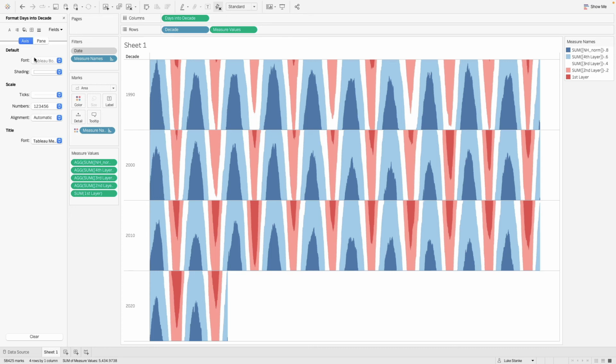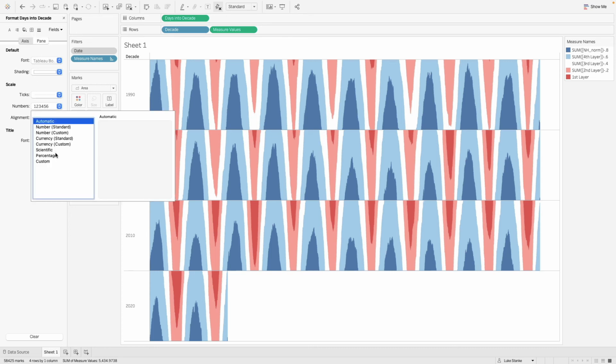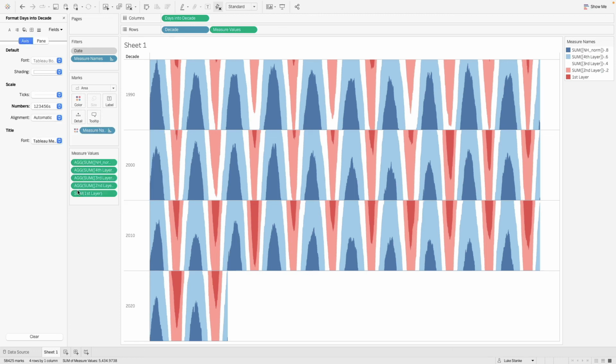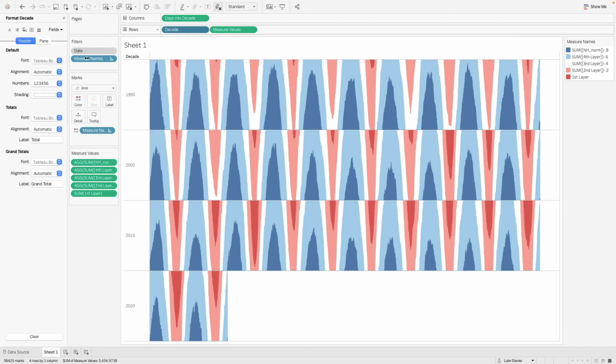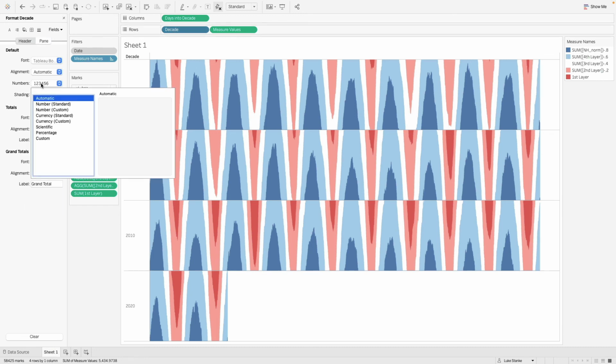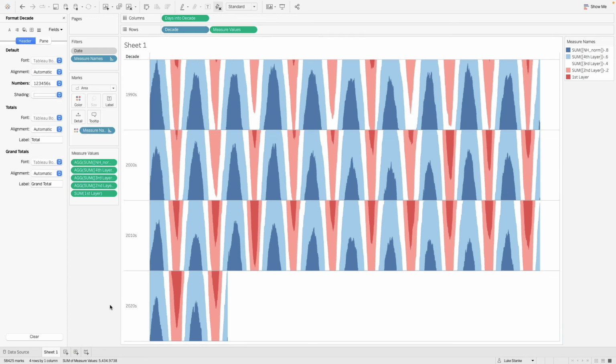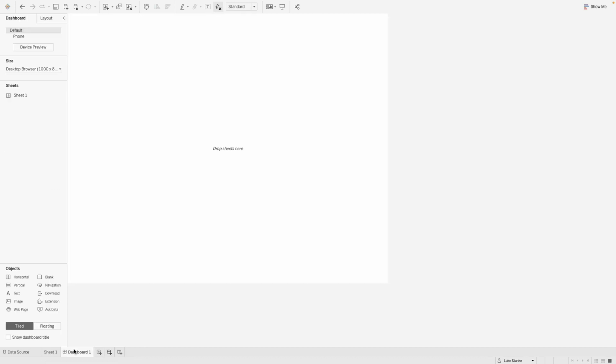I'm going to change the axis, the numbers. I'm going to do custom. I think I can do something like this. Axis, let's try it on pane too. Oh, I did the wrong one. I wanted decade. That's why. So just going numbers here, custom, and then S. So there's our decades. And once again, just hide this label, and then we just need to make a dashboard,